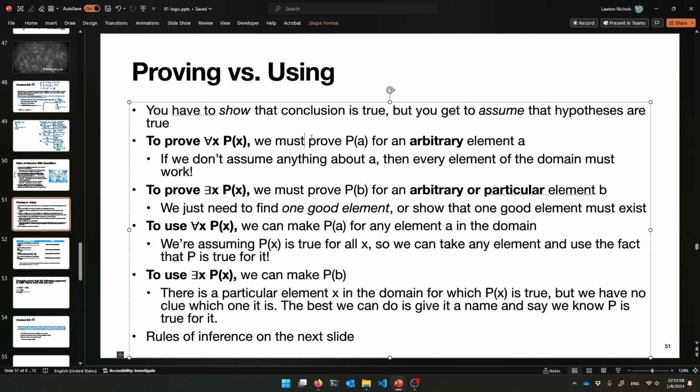So that's how that is. So you prove p of a for an arbitrary element a. And so that will work for anyone at once. If you want to prove a there exists quantified statement, then what you do is you prove p of b, let's say, for an arbitrary or particular element b. All right? So if you're trying to prove a there exists an x such that p of x is true,